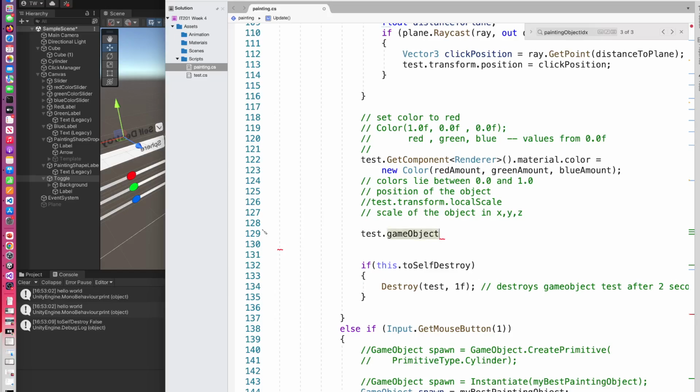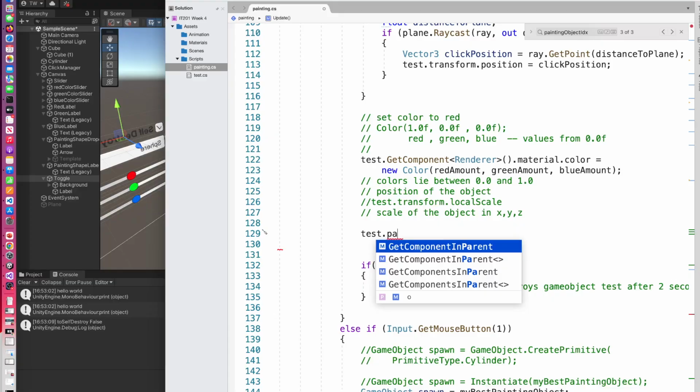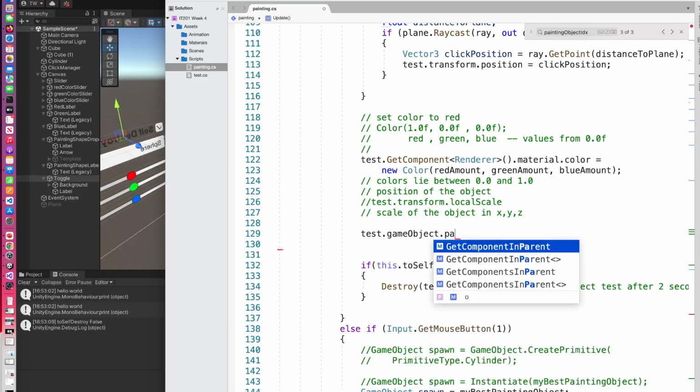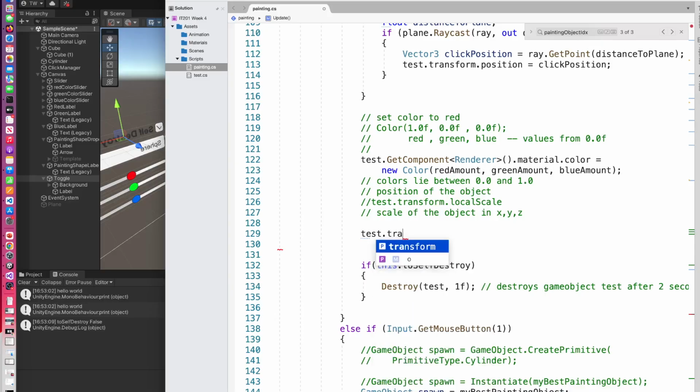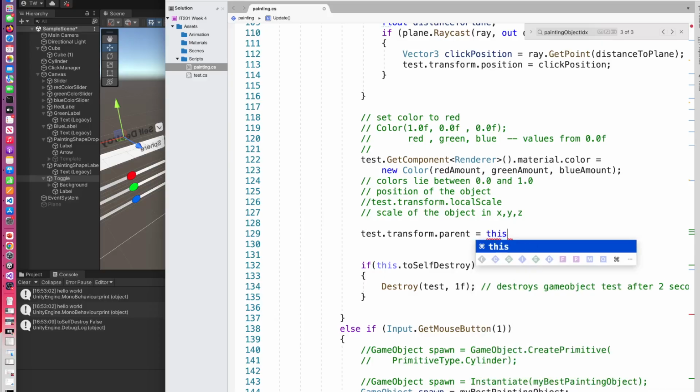test.parent.gameObject. Test.parent. No, test.gameObject.parent. Oh, test.transform. Yeah, like that. So I would just set the parent of my test to be my current script's kind of holder, which is the click manager, which is like an empty. It's kind of complicated. Let me show you, and it'll make much more sense when I play this. So this dot game object